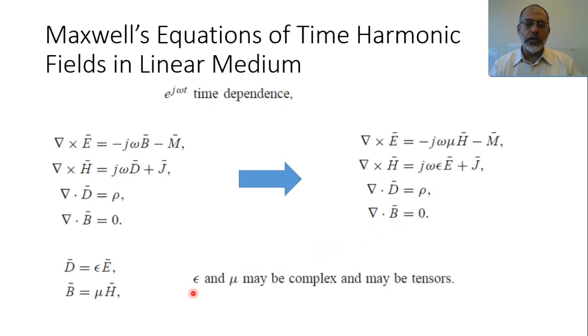And it should be noted here that epsilon and mu may be complex values or maybe tensor values. So we are talking about the general mu, but our condition here is a linear medium, such that D is directly proportional to E. Effectively, there are other non-linear media where D would be proportional to E plus E squared plus E cubed plus so on. This is what we call non-linear medium, and effectively this is out of our scope in this textbook. Okay. All right.